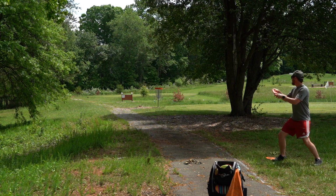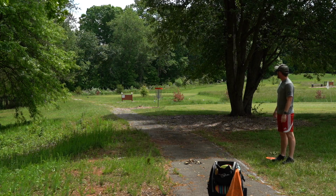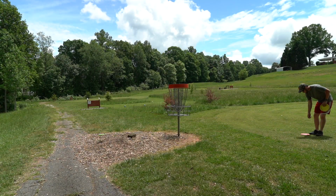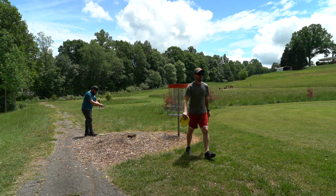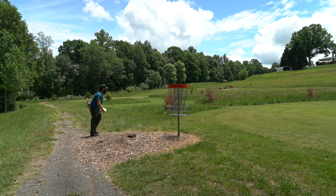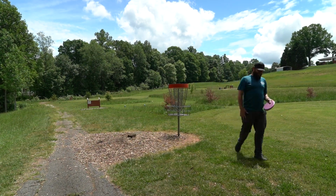All right, this is my par putt. A little Annie around the tree here. Just a little too much. But leaves me with a putt. Hate to see it. That's tough. Never fun starting a round off with 2 bogeys, but